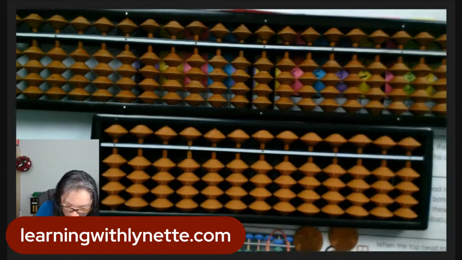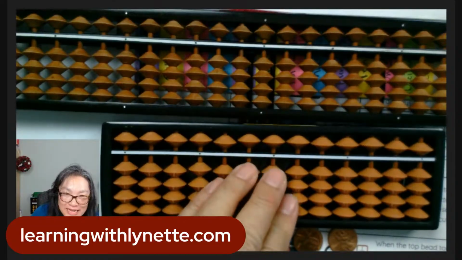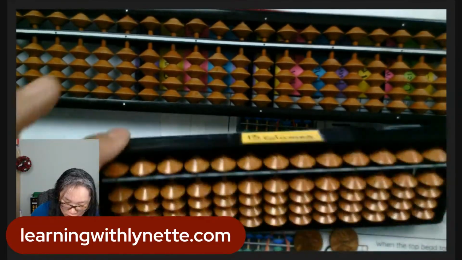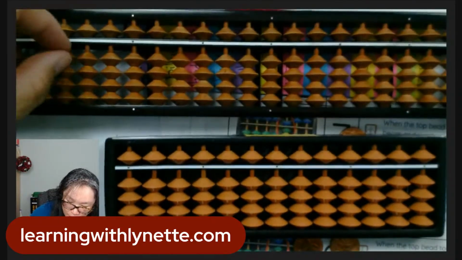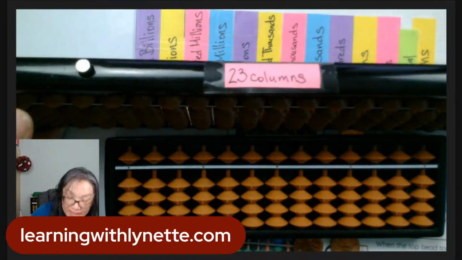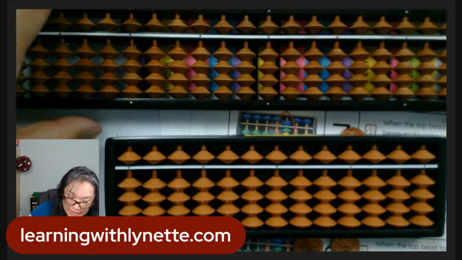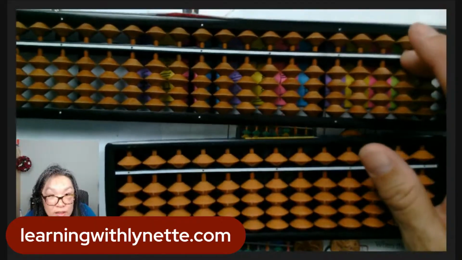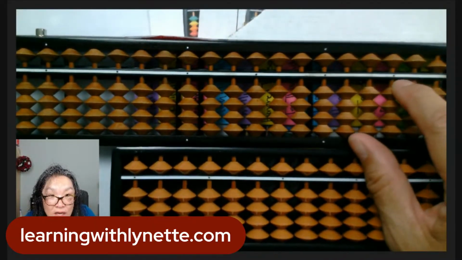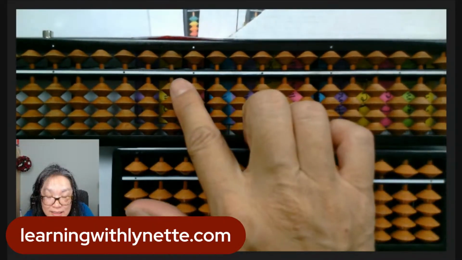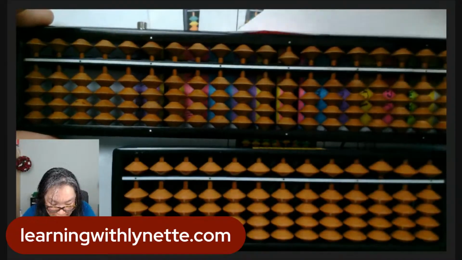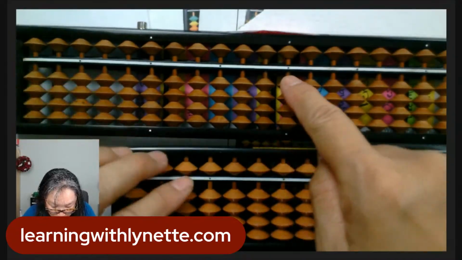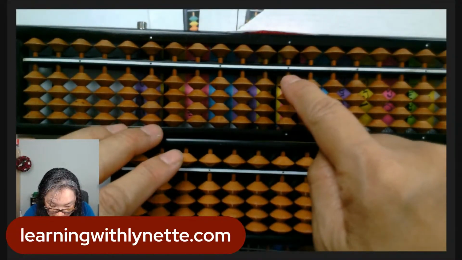When we look, this is made out of plastic, and this is 13 columns. This one is made out of bamboo, and it has 23 columns. So we can track the national debt if I chose to do it here. If you notice, it still has the dot indicator, so it works exactly the same. And if you look, I'm still going to count. If I choose this one, it'll be